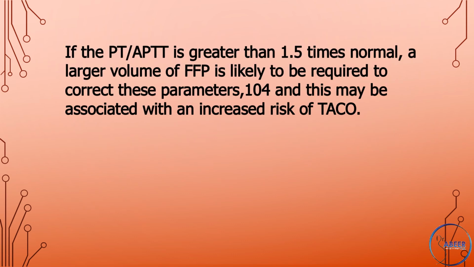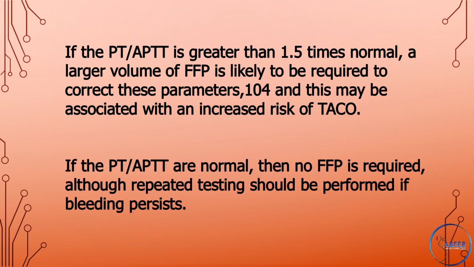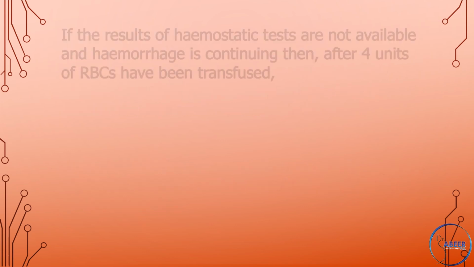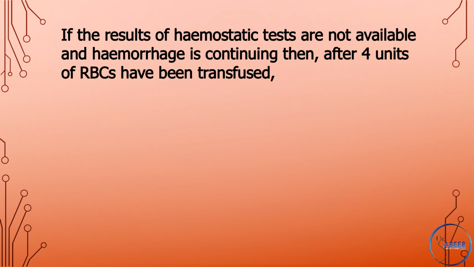If the PT and APTT are greater than 1.5 times normal, a larger volume of fresh frozen plasma is likely to be required to correct these parameters, and this may be associated with an increased risk of transfusion-associated circulatory overload. If the prothrombin time and activated partial thromboplastin time are normal, then no fresh frozen plasma is required, although repeated testing should be performed if bleeding persists. If the results of hemostatic tests are not available